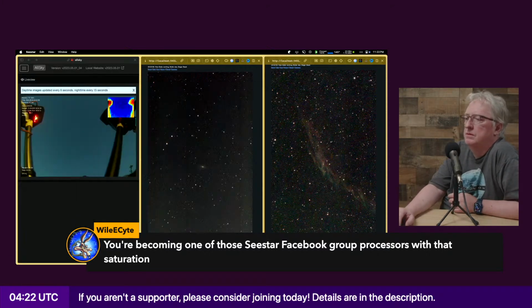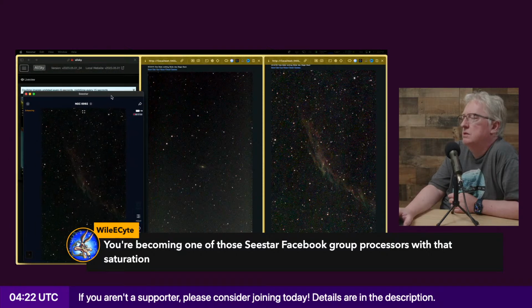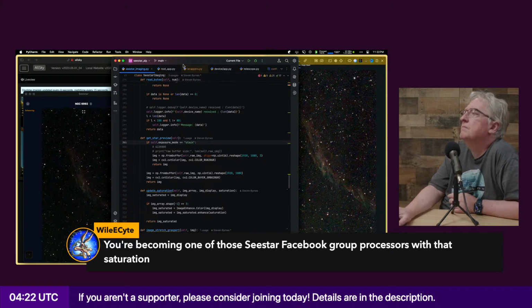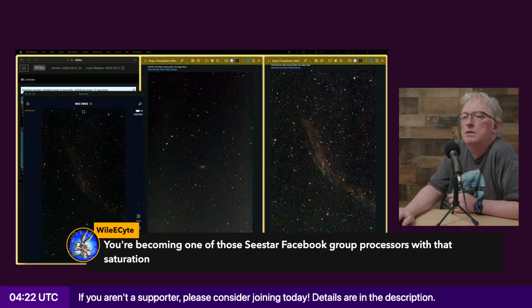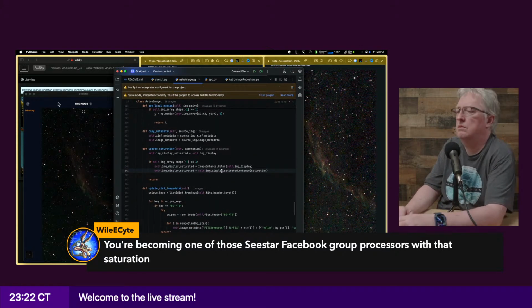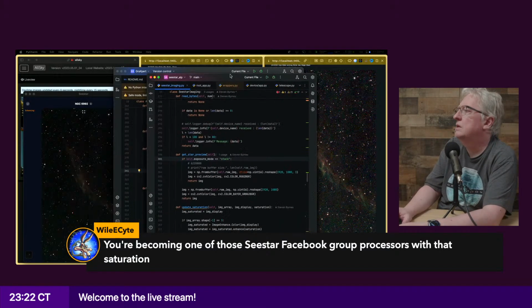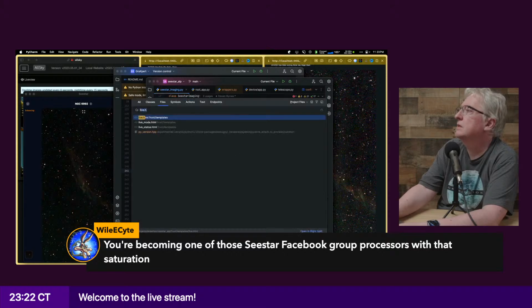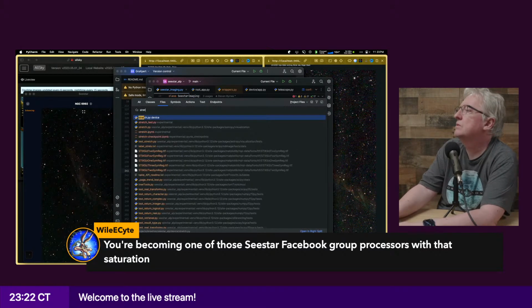What was I going to... What was it? The Graxpert noise reduction. Let me look at that. Actually, no, not noise reduction. Here's the Graxpert code. And actually, let me look at the stretch. Was it stretch code?